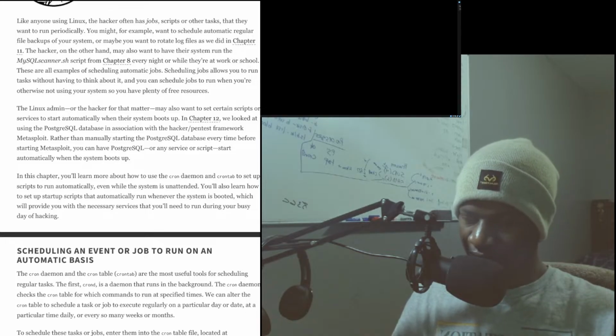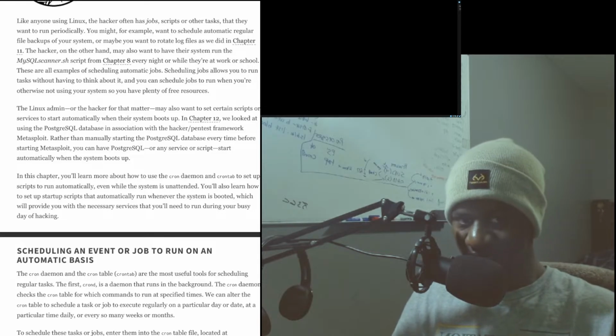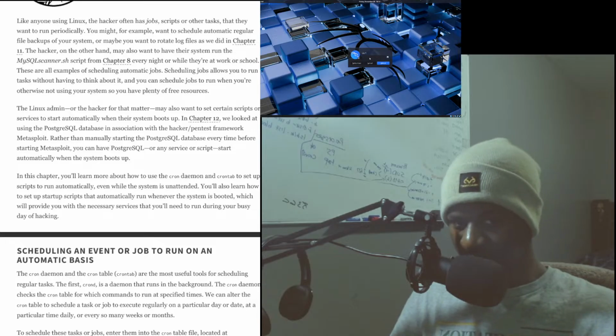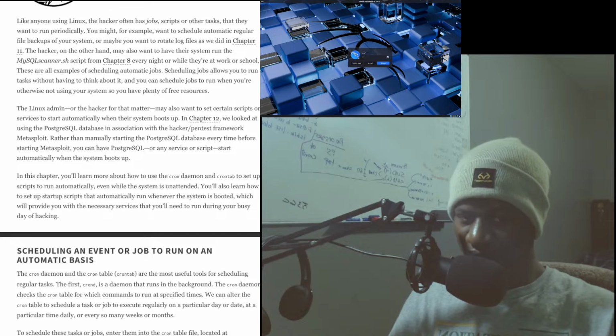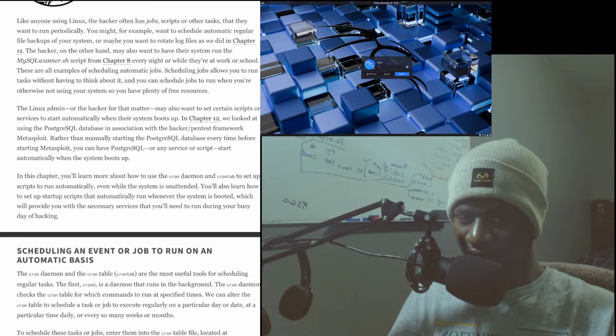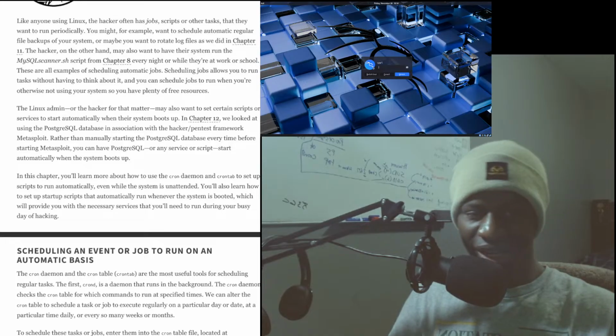Done like this, I could probably set something like this up on my personal Linux server, my personal Linux device, because it's kind of different from your VM. On a VM you have to start it, but on your Linux server or your Linux device, you do not have to do that.